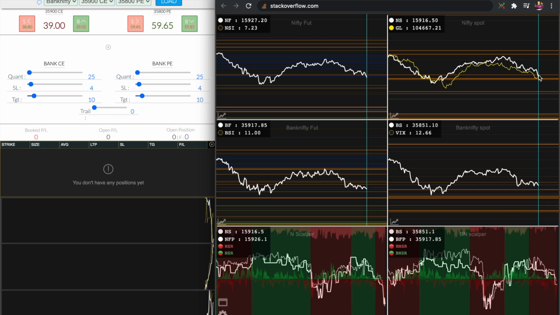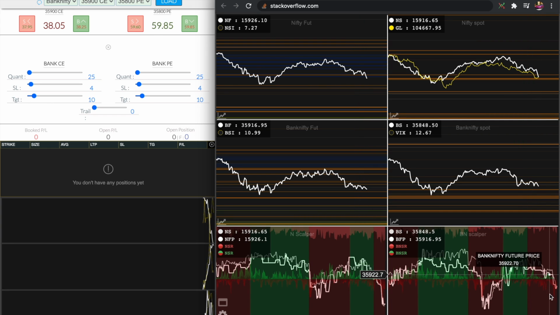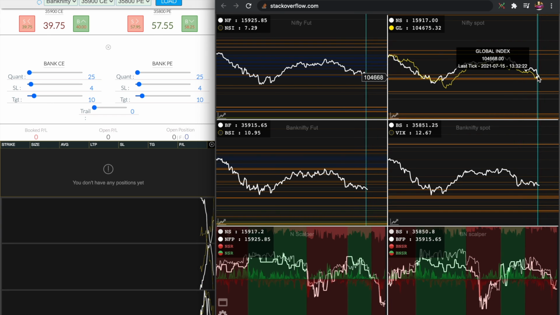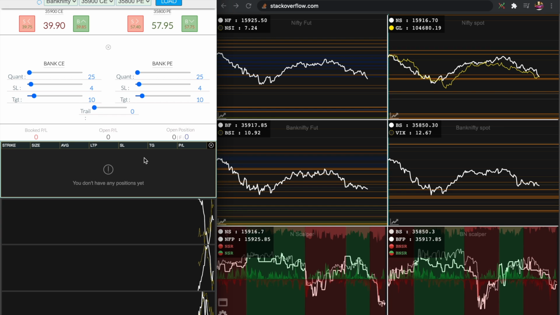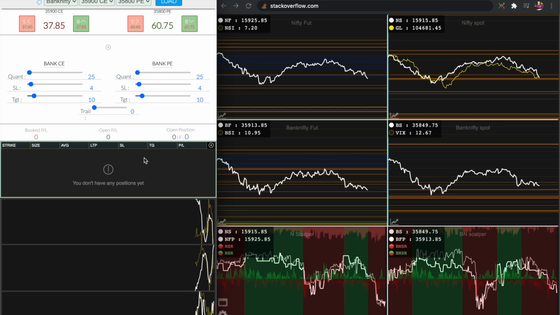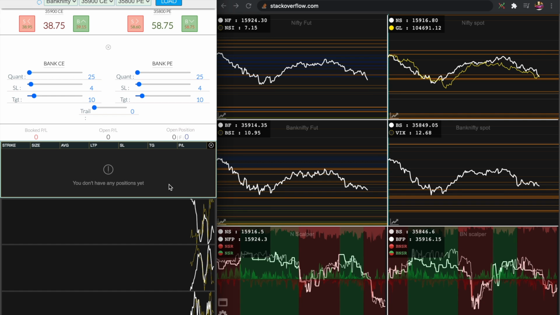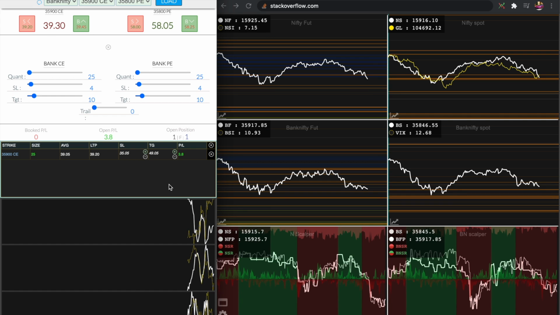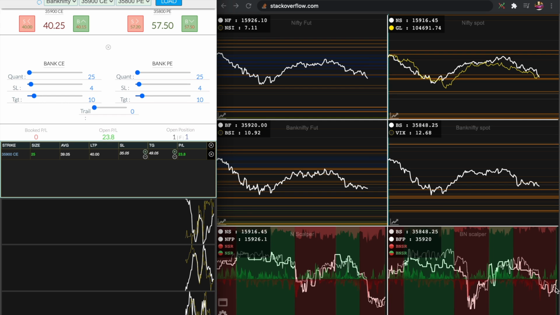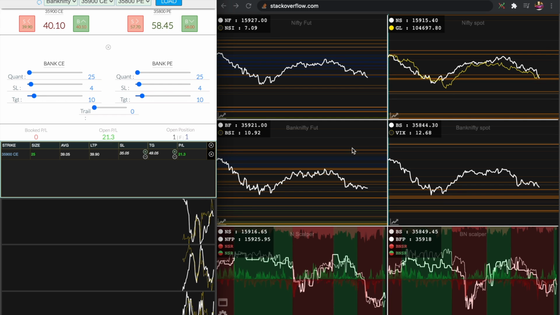So we'll take some sample trades here. We have some kind of support in the Nifty spot, so let me buy the call option. Still there is no confirmation in the scalper tool, it is still red color, but I'm taking the trade because in this trade I just want to show the demo of how Finvision is working.